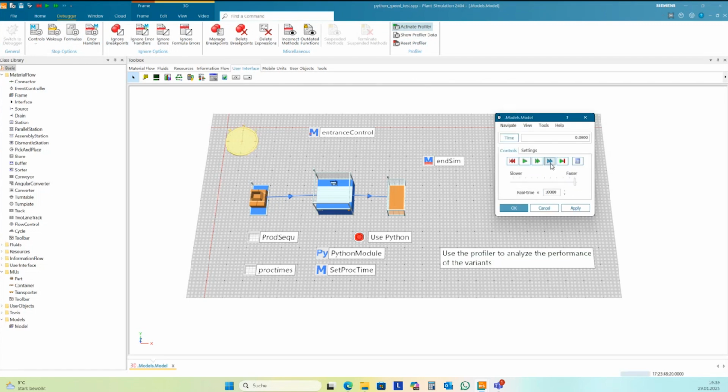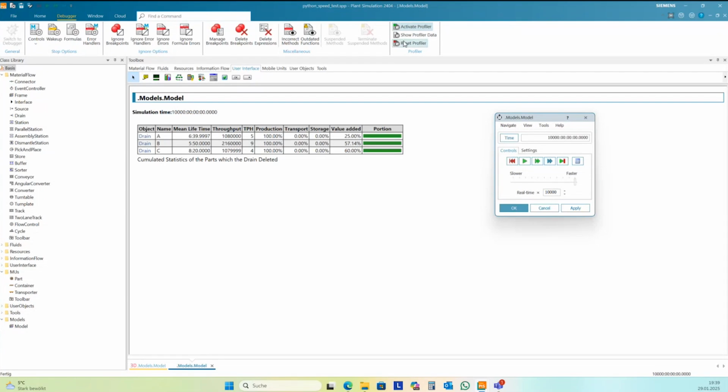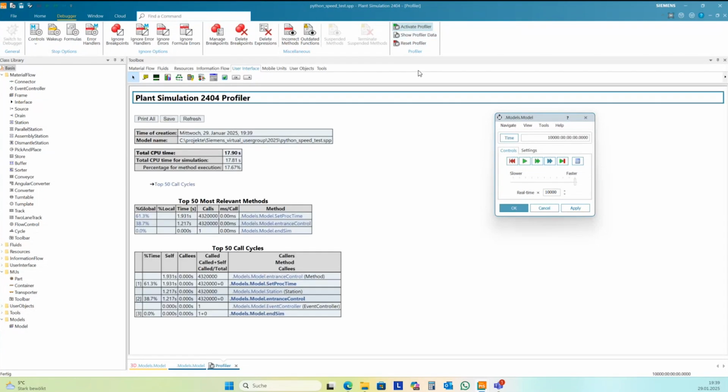Right, again. Yes, it's here 18 seconds, and with Python it is 33 seconds. It's almost double the time.